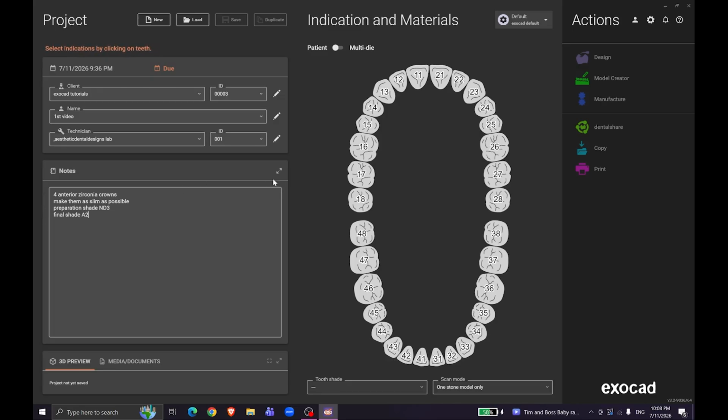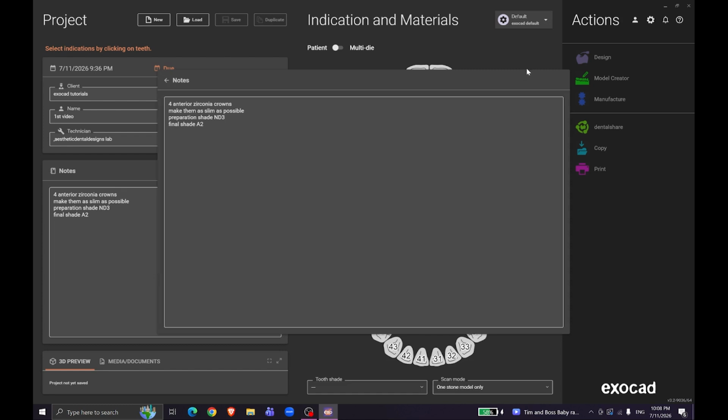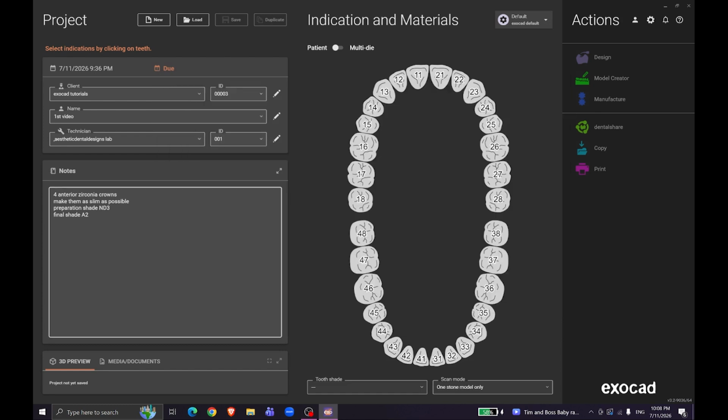You can write here anything you want. You can zoom in, you can write a lot of things here. I rarely use this notes option here. I can just tell whatever it's gonna be from looking at the